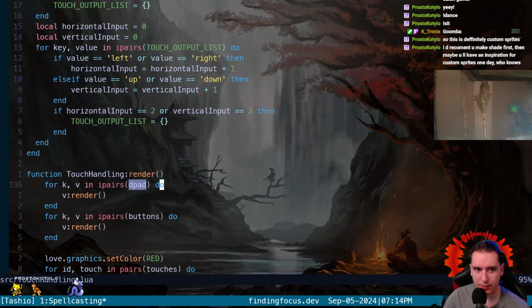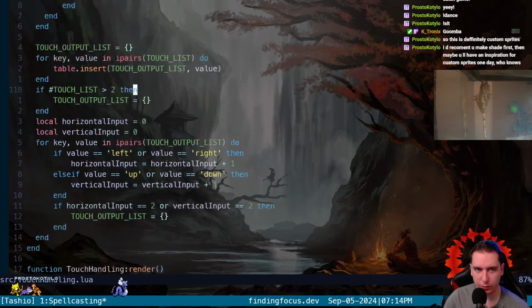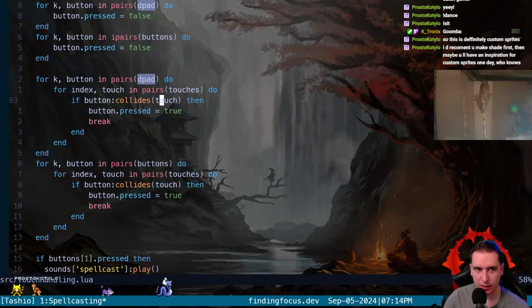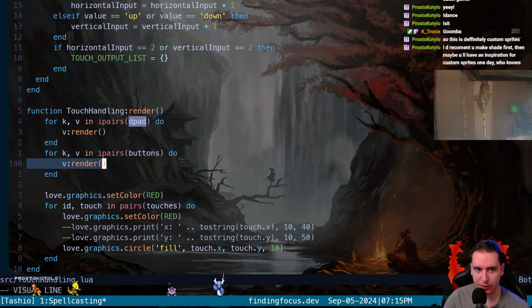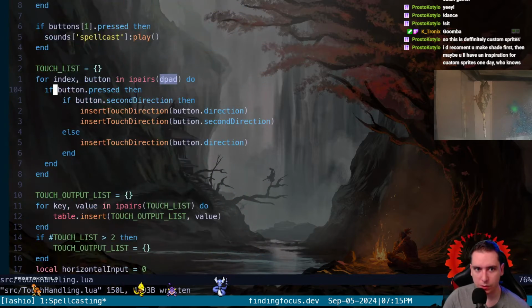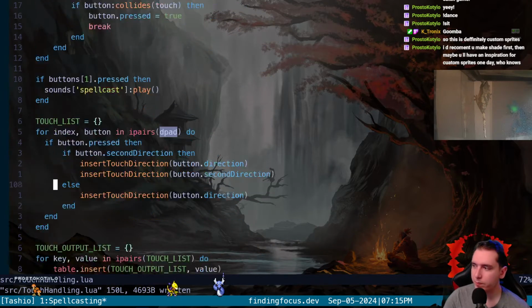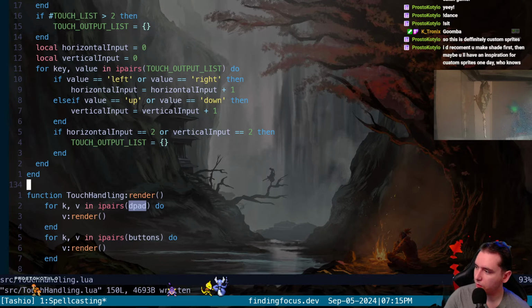Okay, so I think we should do something similar to what we're doing in here, which is we're already registering an A button press in our touch handling class. So I think what we need to do is instead of flipping the toggle,